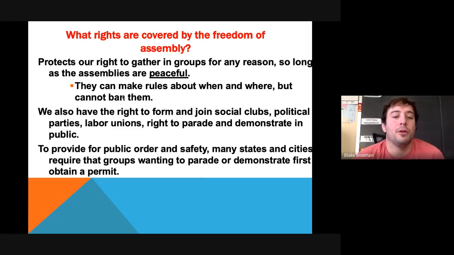All right, so to provide for public order and safety, many states and cities require groups wanting a parade or demonstration to first obtain a permit. So if there's any type of assembly that you would like to express your beliefs and your thoughts and want to gather people together, you need a permit for that reason. You need a permit for that group gathering, okay, to show that you went through the community guidelines and state and local level, city guidelines, and holding within their jurisdiction to make sure that these are peaceful protests and that this can alarm the people and make sure that they know that they can have group authorities there